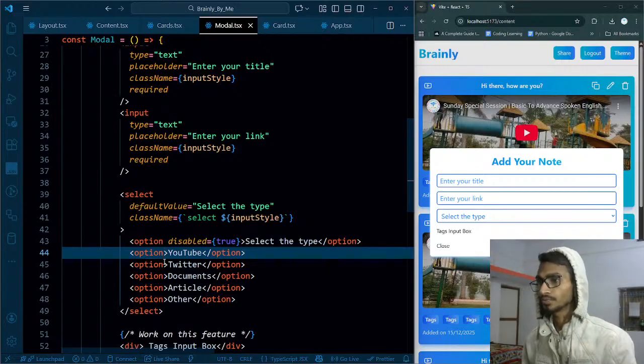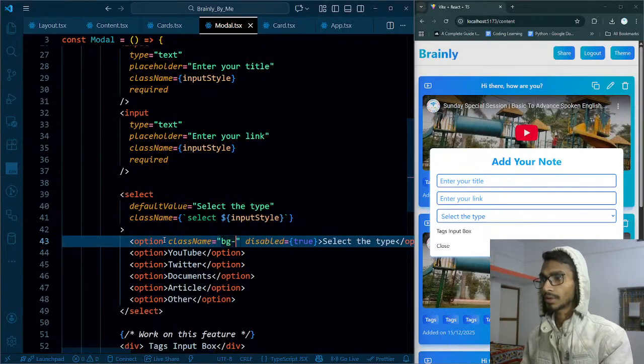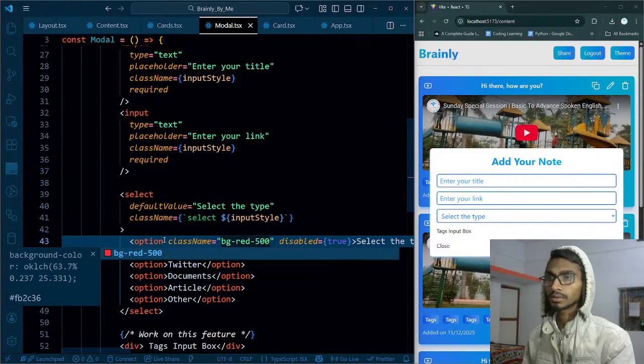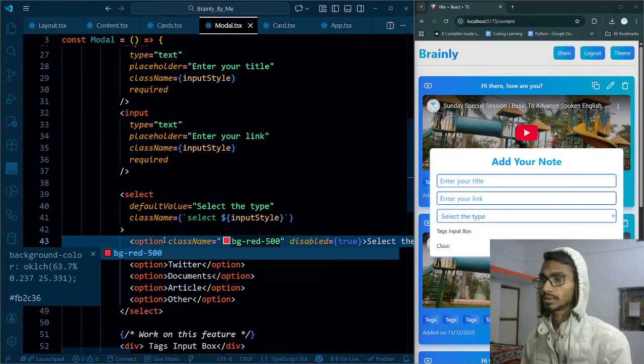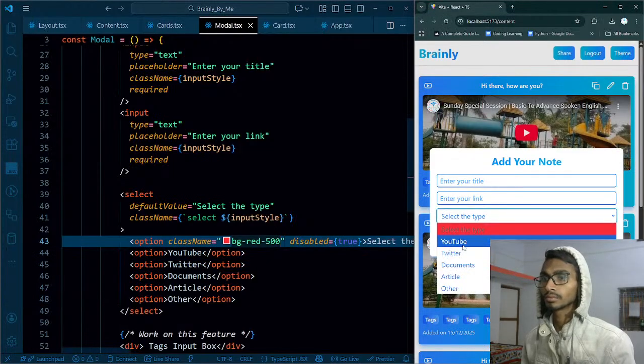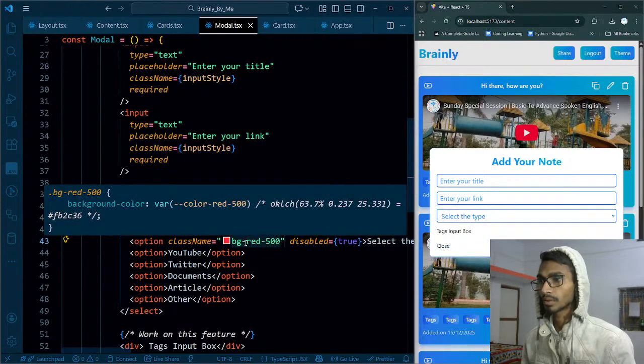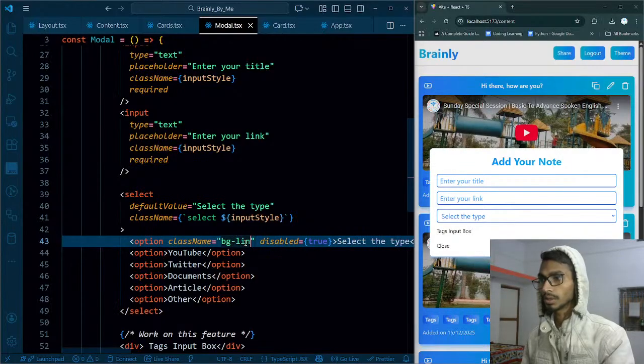Let's try to give design to the top one, and the same will be for the others. BG, if I try to read 500, will it work? BG read 500, it does not seem to work. Okay, it works for this one, but that is actually a good thing. So what I want to do, BG linear